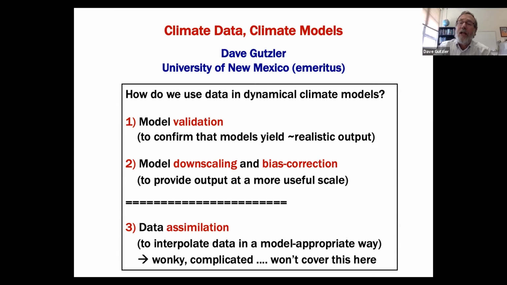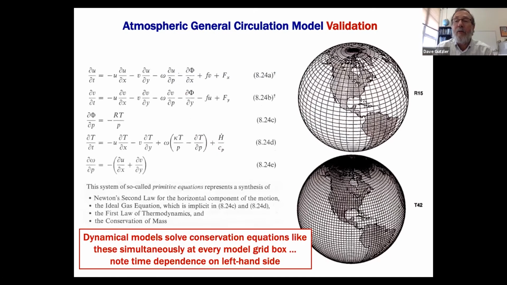So we're going to use data, and we're going to feed those into what we call dynamical models. And we use the dynamical models to make projections of climate, and you will be looking at the output from those models. Okay, so this is going to be on the exam, so everybody pay attention. This is a slide that we could ask Kelly to describe, because I cribbed it from my grad class that she took. So this is what a model is.